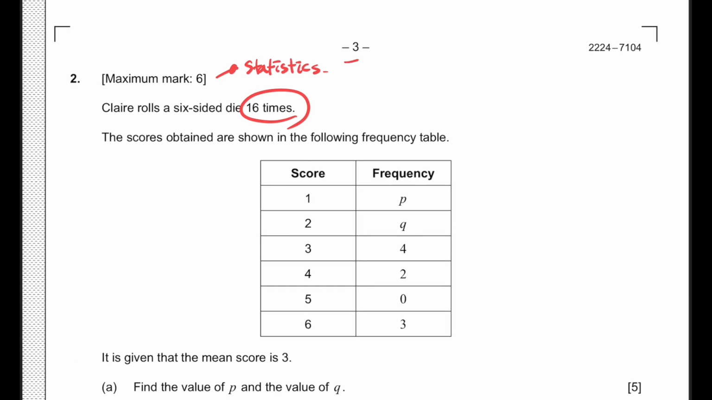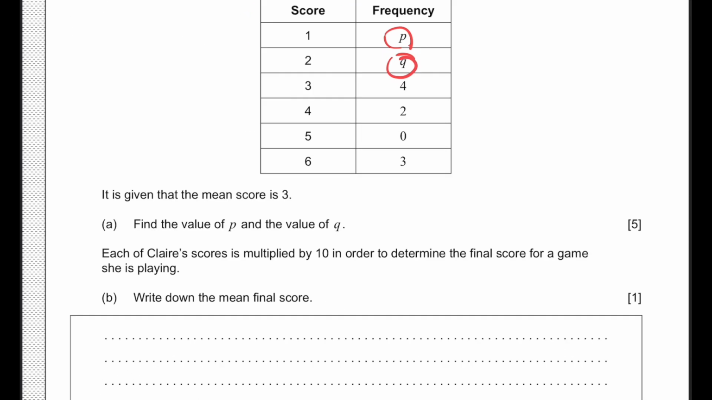And so this is from topic 4 of your class curriculum. Then question A: since we need to find the value of P and the value of Q, we know that Claire rolled her dice a total of 16 times. So for question A, the total number of the frequency